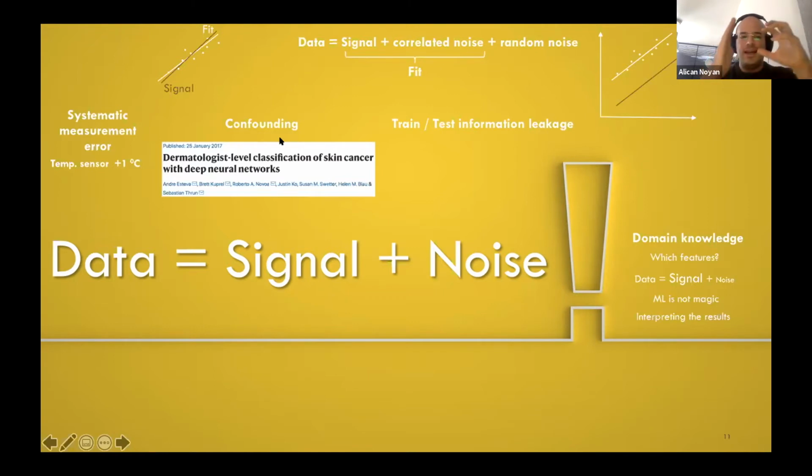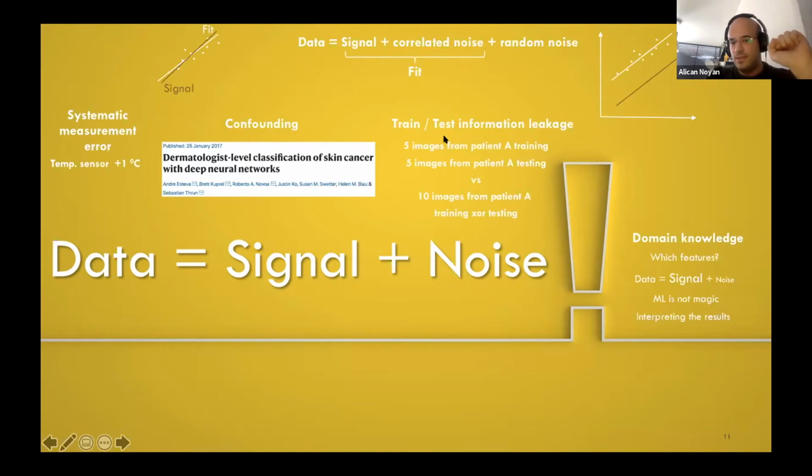The ruler and the malignancy are correlated, but there is a confounder, that is the dermatologist. The dermatologist thinks, okay, this looks like a malignant tumor, so maybe I can put a ruler to take a proper image, right? So they are not really correlated. They are correlated by confounding. In that case, again, we have this because you're fitting the ruler, which is noise, not the signal, that is malignancy.